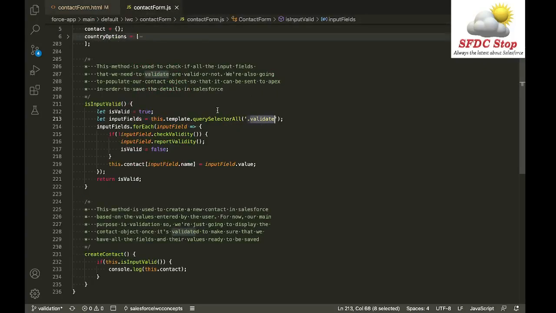So I'm getting all the fields by using query selector all. So this template.querySelectorAll is going to get me reference of all the HTML fields that are defined with the class as validate. And once I have an array of these fields, I'm going to iterate over these fields. So I'm using a for each loop to iterate over these fields. And for each and every field, I'm checking the validity of the field, that if this field